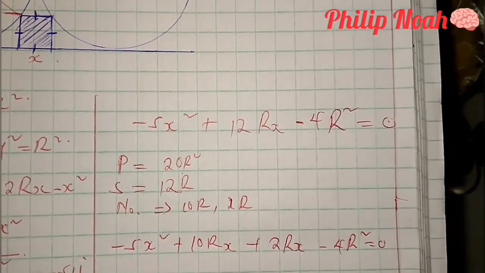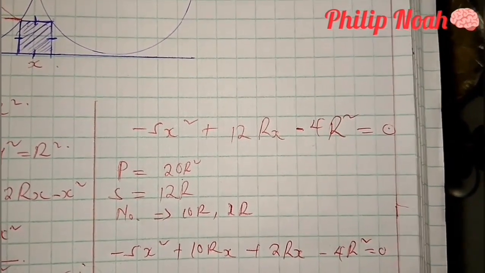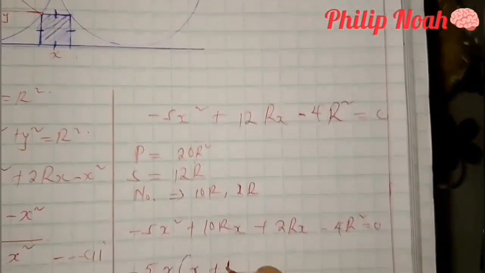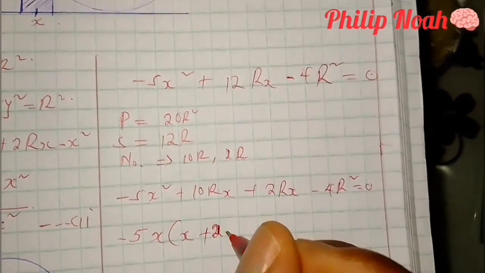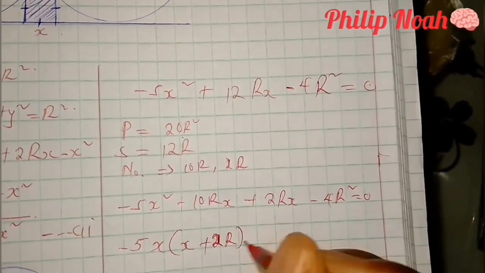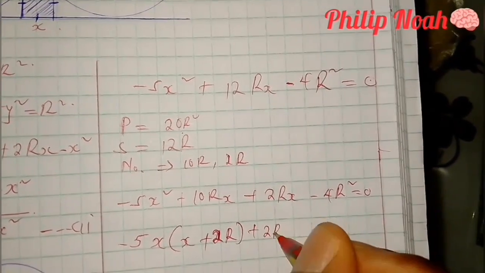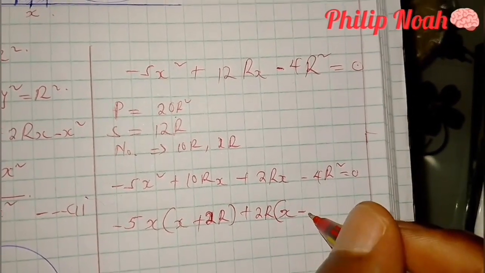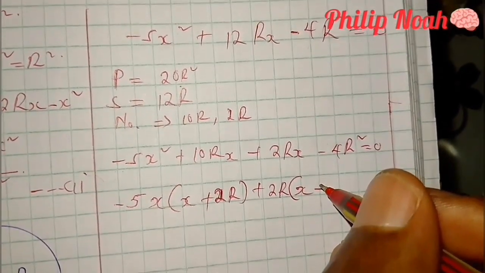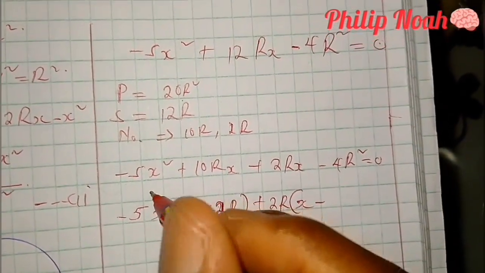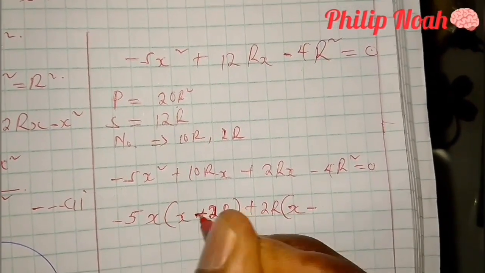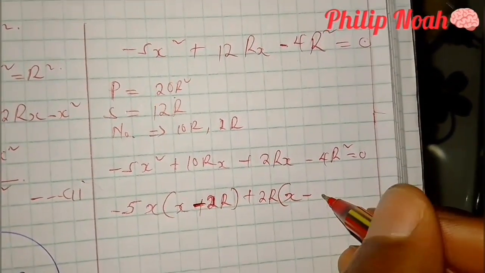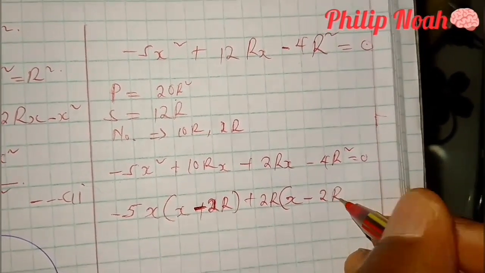This is negative 5x into x plus, not 10 but 2, it is 2r, sorry, plus 2r into x minus, this is minus here because negative times negative gives a positive, so it's minus 2r is equal to 0, and